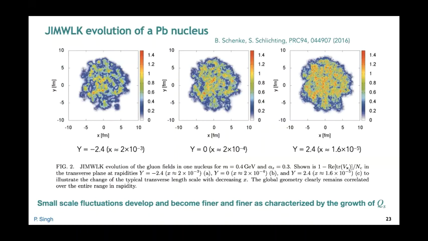I think the question of Django was that the color structure of the nucleus enters at the level of the sampling of the color sources. So how do you sample these? For one thing, you can imagine that there's a one-to-one mapping. You have your color sources, and where the color sources are sitting, you will have your gluon densities surrounding those color sources. Those color sources effectively are like a Woods-Saxon